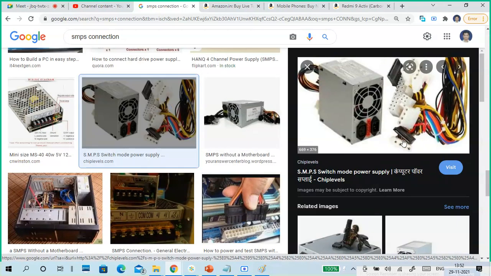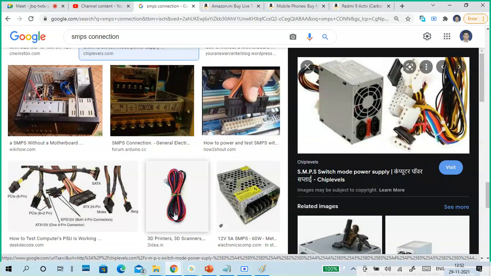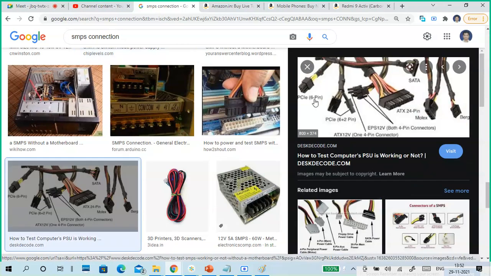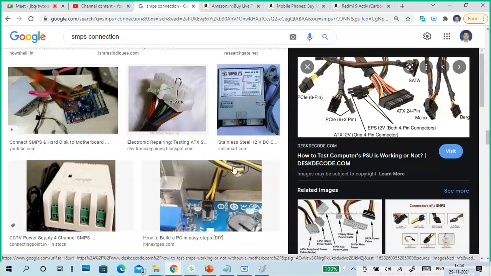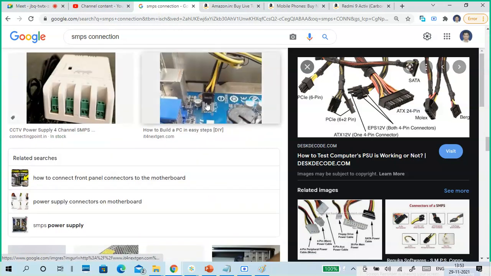See, some are white, some are black, that is okay, but if everything is black like this, then definitely there is a little confusion. See, there is a black one, but it is a Molex connector. Four pins are there: in the middle two black, one side red, another side yellow. So compulsorily verify, you can search easily.